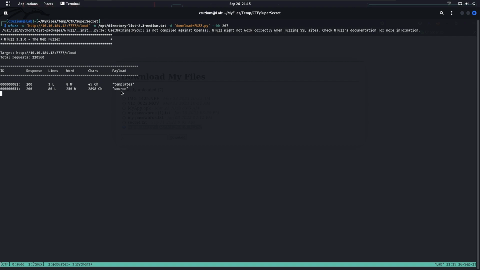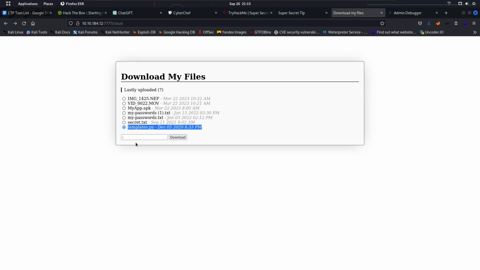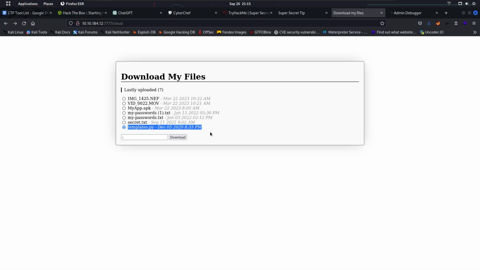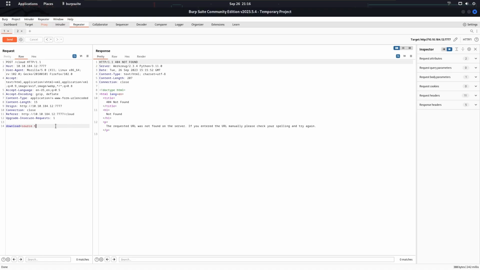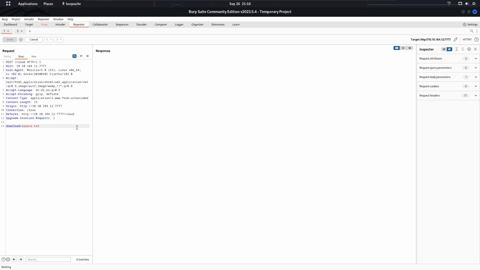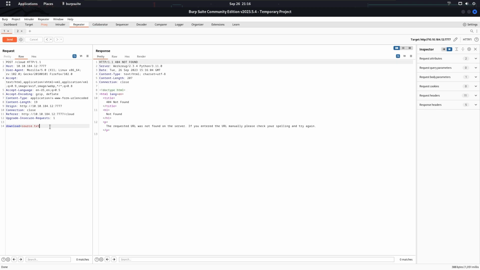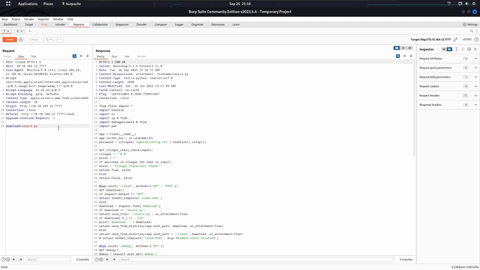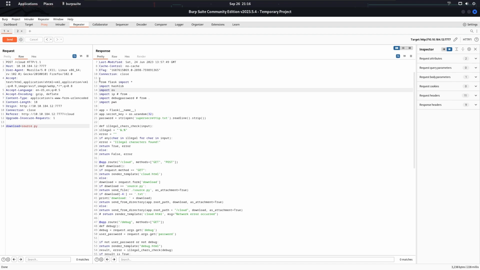And we got another one, it is source. Yeah, let's change our Burp Suite request to source and send it to repeater. Okay, now remember there are other files like .txt, .py, .apk. I guess we can just include something like that, nothing. And if we include py here, I guess we should get something. Okay, we got the source.py, and let's copy